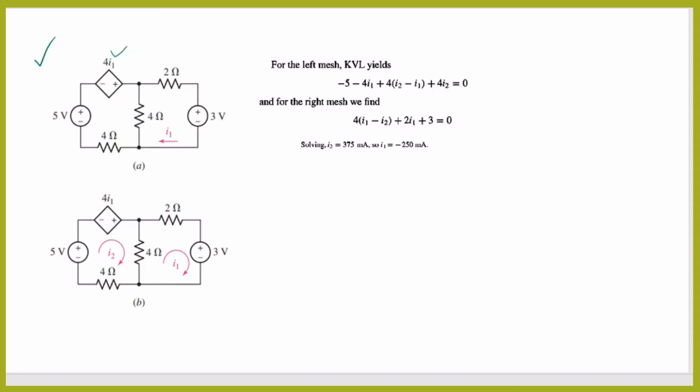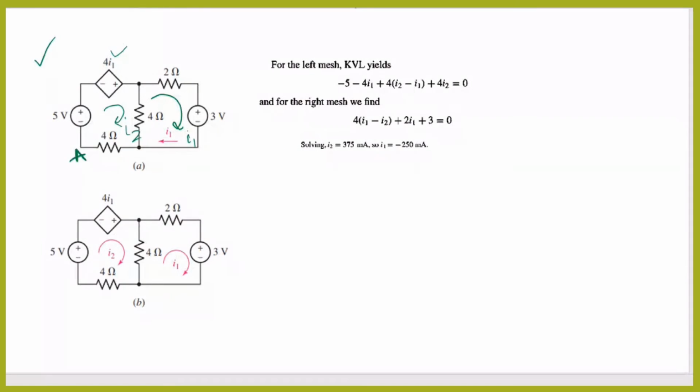So instead of assuming I1 and I2 here and confusing the problem, I will assume I1 here, which is already given, and I will assume I2 here. By assuming it like this, you will see how simple the problem becomes. So for the second loop, can you tell me what the KVL is?